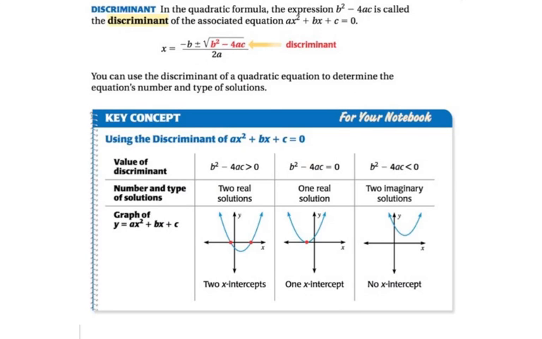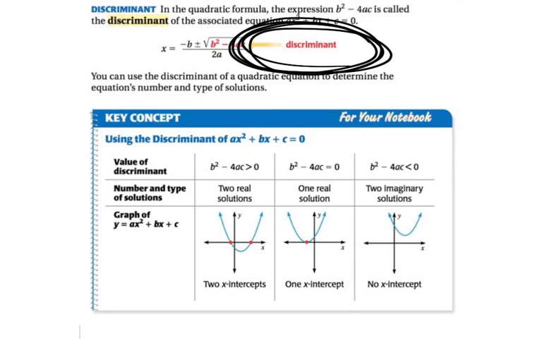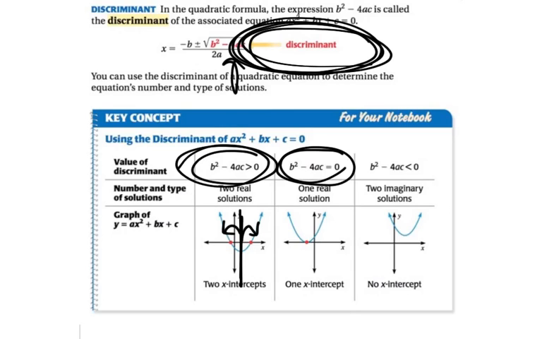The reason why I keep emphasizing what's inside the radical is that what's inside the radical has a name, it's called a discriminant. And like I said before, if your discriminant is bigger than 0, that means you're going from the axis of symmetry, going left and right by a certain distance, which gives you 2 intercepts. Or if it equals 0, that means you're right on the axis of symmetry. You're not going to the left or right by any distance, so that means there's only 1 intercept. And when you have a negative, that means you end up with a negative radical, which means imaginary, which means that it doesn't have an